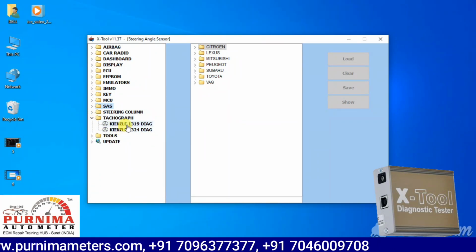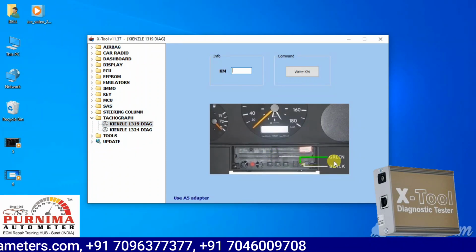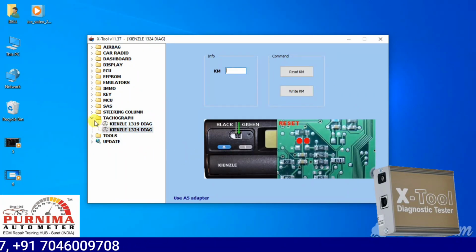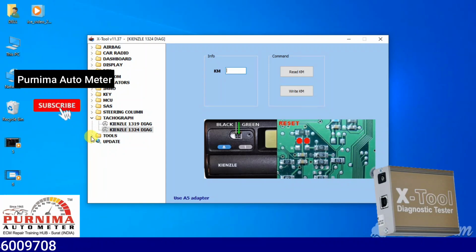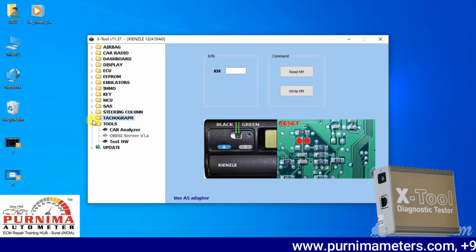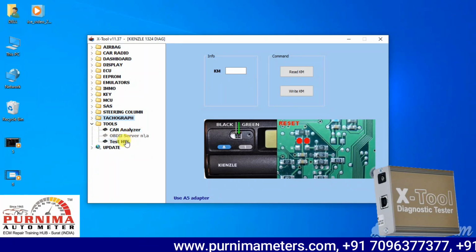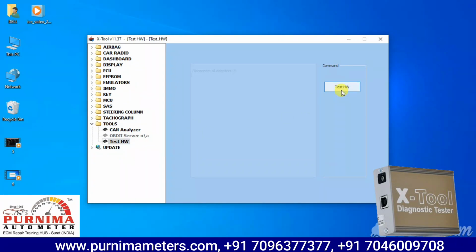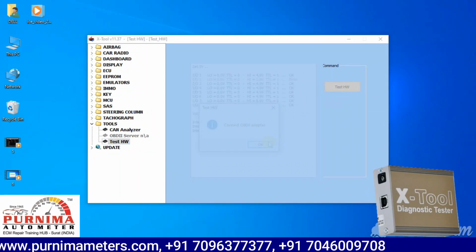Then tachograph is by type, right? Green and black. You can increase the kilometers. It is useful for old model cars. I think this kind of car is no more in the market, right? And here the tools are not for customers; they are for producer manufacturers and dealers to identify what the problem is inside the test drive. This is test drive, not for the customers.